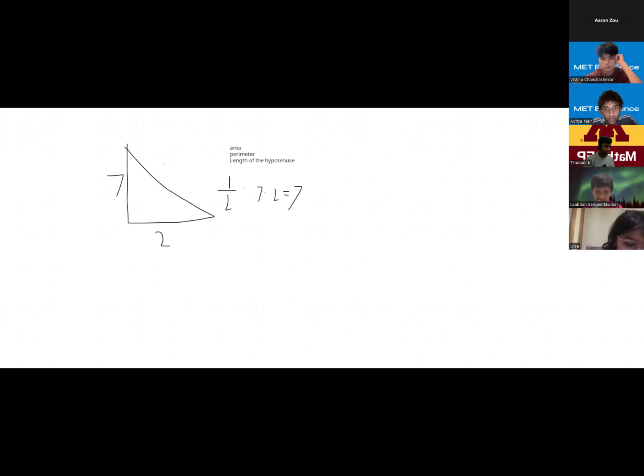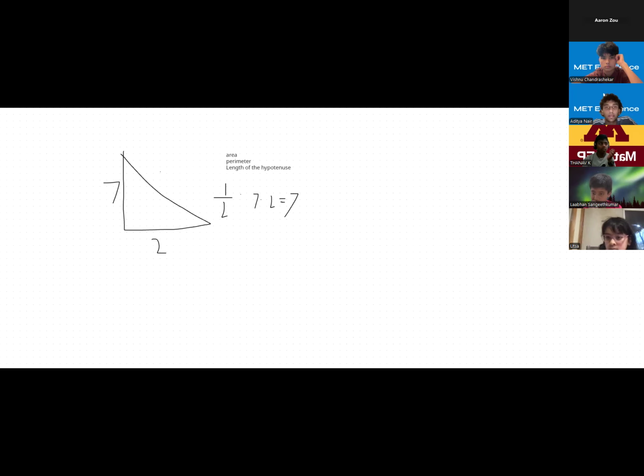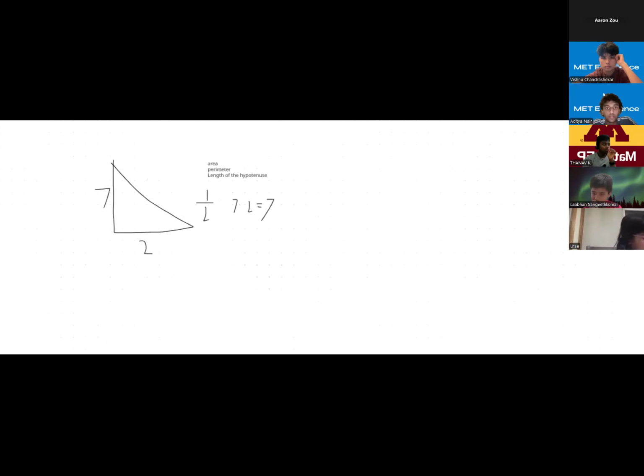Okay, I see a lot of you putting the area as 7, and that would be correct because we have 1/2 times 7 times 2 is equal to 7. So you're right on the area. Can I get some answers for what you think the hypotenuse and perimeter are? No need to simplify anything, just leave it as is. Okay, I see square root of 51. I see square root of 53. Perimeter 14.